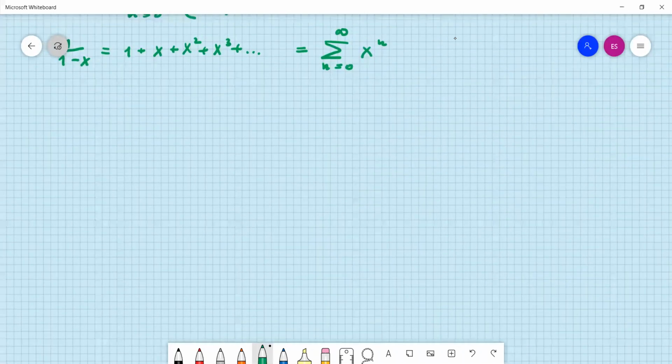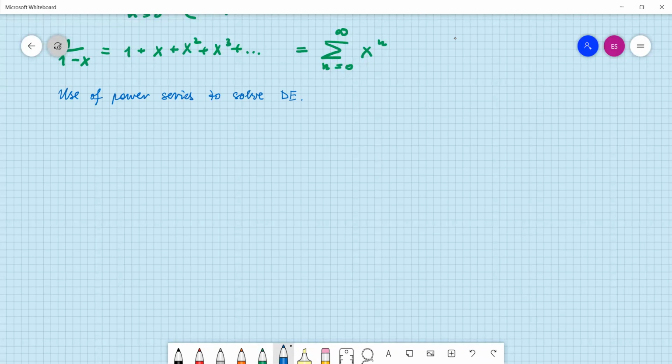Change the color, maybe I should use blue again. So what does it mean? I'm going to show you one example of solving a differential equation with the use of power series. Well, guys, I'm not going to solve a super complicated differential equation because I want to solve something which is familiar to you,